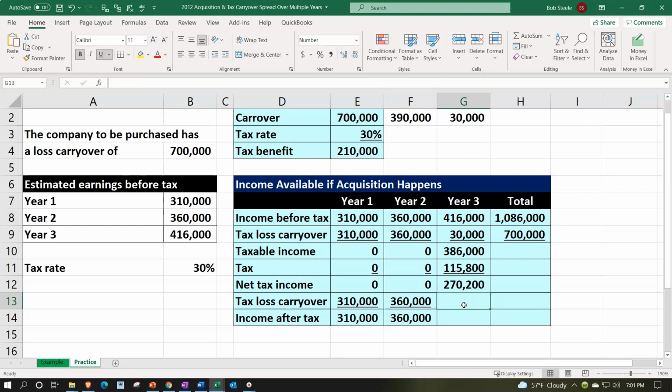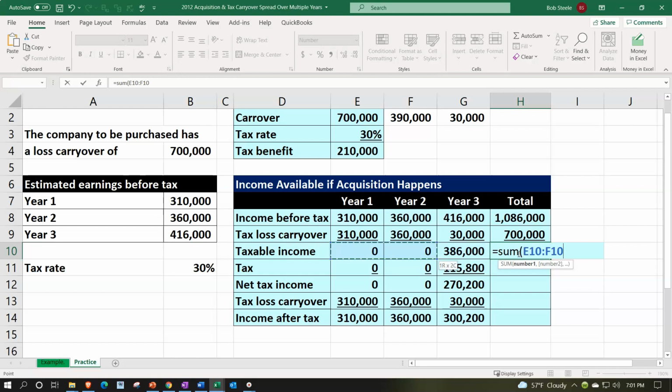And then we're going to bring back on down the loss carryover of the 30 to add it back, which again, we can copy it across this way if we needed to do it that way as well. And we can then say now we've got the 270 plus the 30,000 and adding those back up. So this is the income after taxes, which again, we could copy across this way as well. Now I'm just going to sum these up. So we're going to sum up the